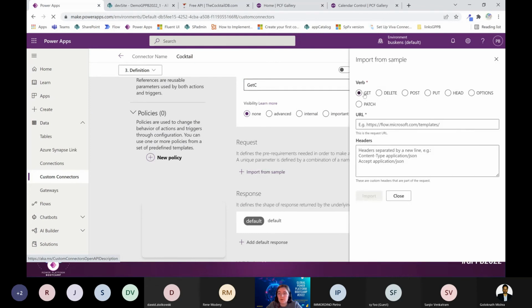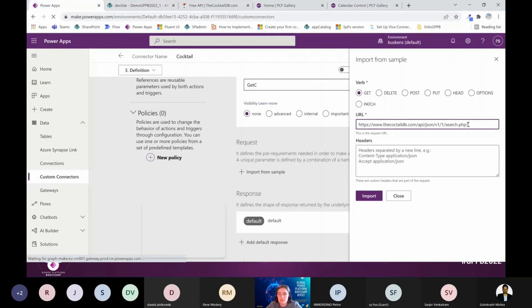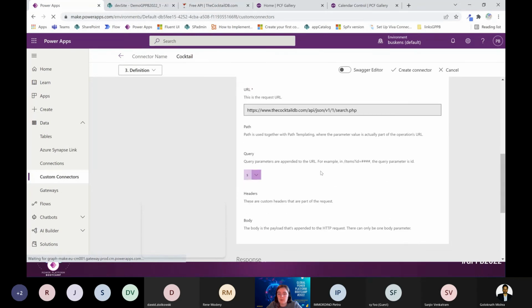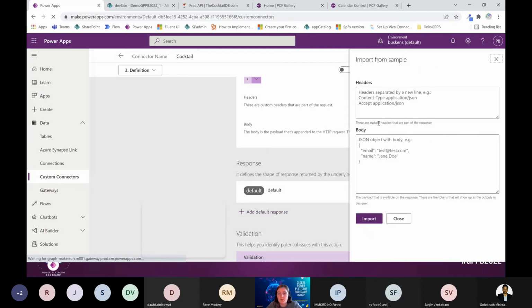Now we're going to import the request by sample, so that you don't have to find it out yourself. This also can be found just here, the base URL without the search definition. This has to be in it. You can search. Import. See, it finds that it has a query at the end because I put $S so that we can give parameters with it. And we're also going to give